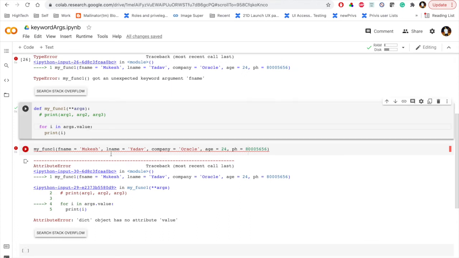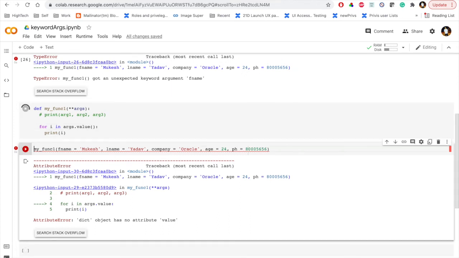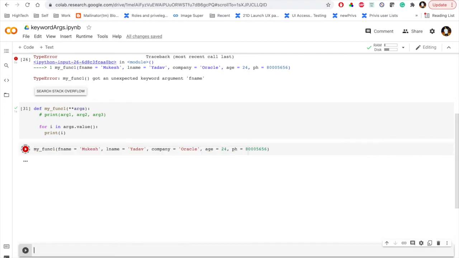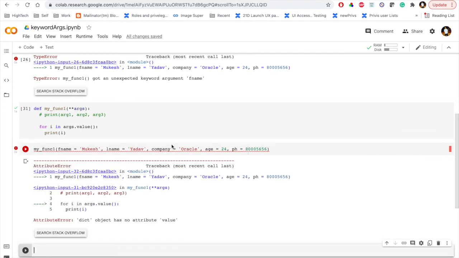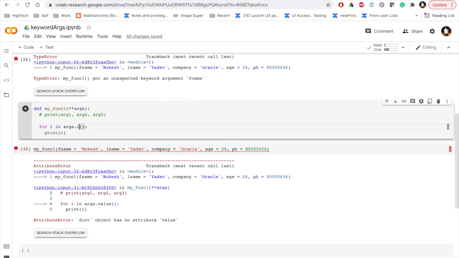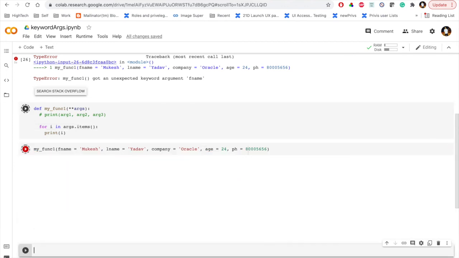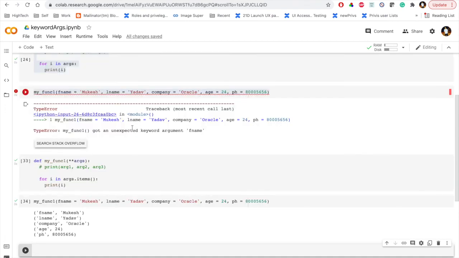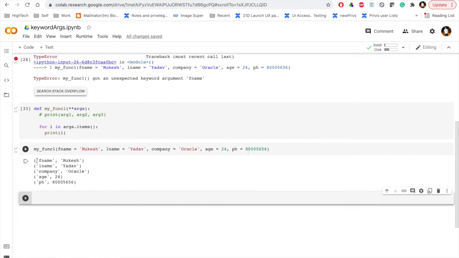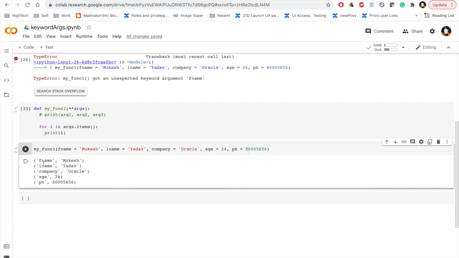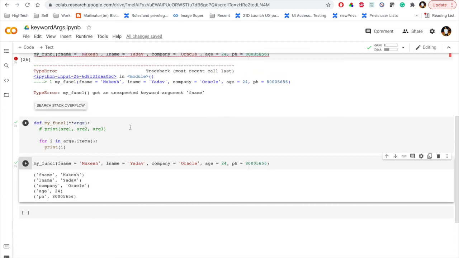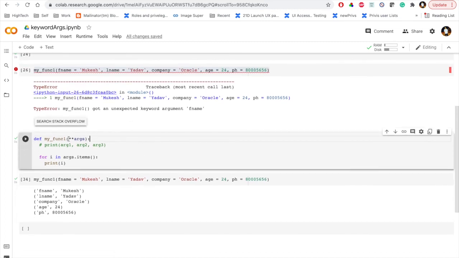Args dot value gives dict object has no attribute value, so it's items. Yes, so here you can see we got first name equals Mukesh, last name equals Yadav, company equals Oracle, age equals 24, and phone number equals this one, if we are using the star star keyword arguments.